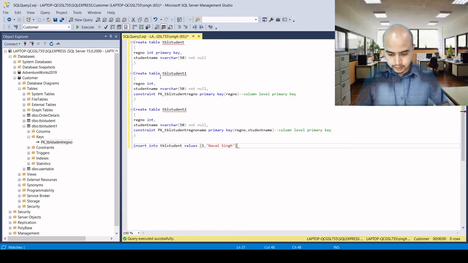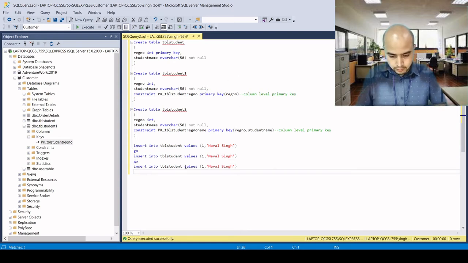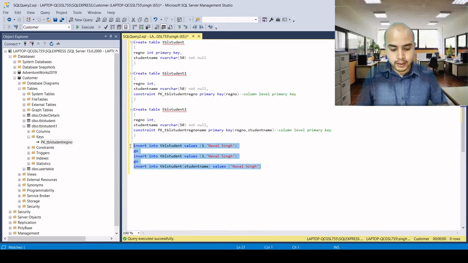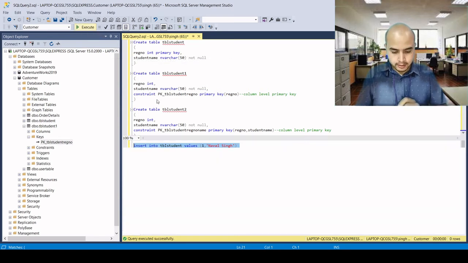Let's insert it. Again, I want to copy it one more time and see what happens when we insert the same value in the next insert. And let's say I do not want to enter the registration number, and see what happens. So let's run these 3 queries.